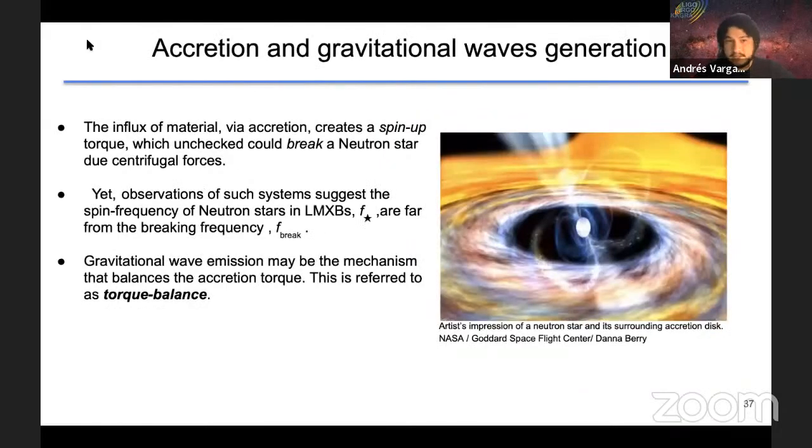Now that we know the source, what do they have to do with gravitational wave generation? Well, the accretion will create a torque that spins up the neutron star, and if there is no spin down to keep this in check, the neutron star will break eventually. Although when we measure the frequencies of such stars, they are spinning at frequencies far from the breaking frequency, so there must be a mechanism that spins them down. And we can imagine that this mechanism is gravitational wave emission. This idea we usually refer to as torque balance. Now, to put all of this together, if we move to the next slide,